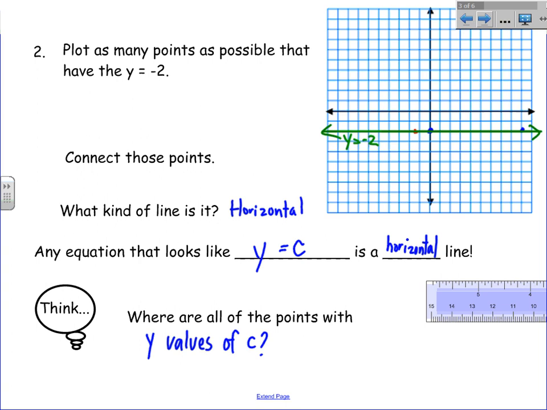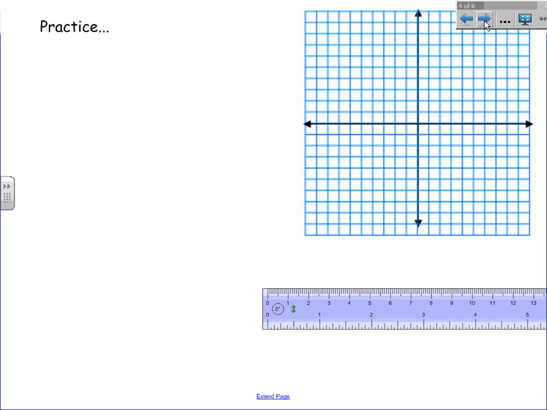Let's practice a little bit. So your homework, let's not go through homework yet. Let's just practice these. All right, so my first example I want to give us is, let's do the equation y equals -7. I'll write that down. And I also want you to write down what I want you to think. Okay, so you're going to look at that, and it looks different than what we've been dealing with. And you should go, oh, that's weird. Oh yeah, Thursday was the day that was weird in math class. And on Weird Thursday, we thought,